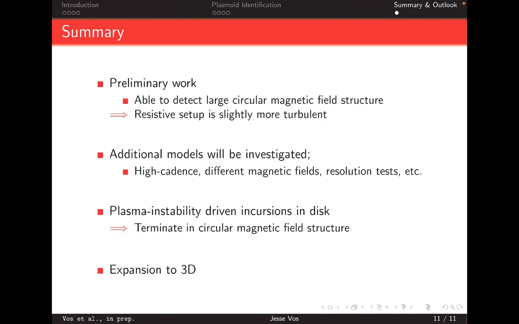As I said, plasmoids are highly transient features that can occur for only a slight amount of time. So by having a fairly high output cadence, like 10M, which is kind of normal for these simulations, we may miss some. And the main thing is that we want to investigate it for different magnetic field configurations, so parameter and resolution tests are also important for